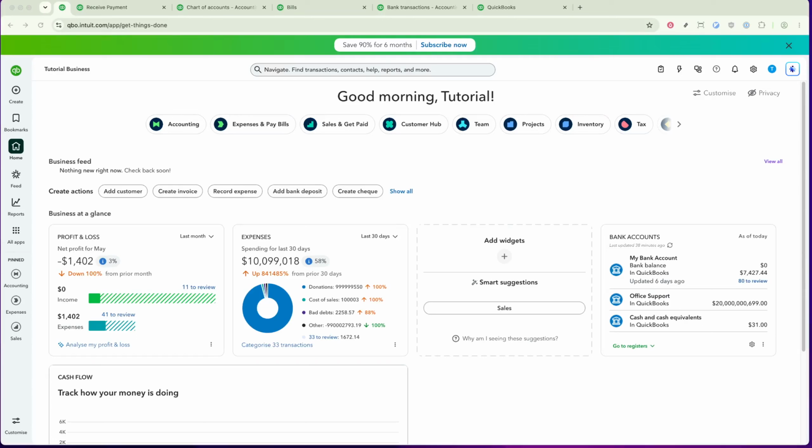In today's video, I'm going to teach you how to apply a payment to a customer invoice in QuickBooks Online. QuickBooks Online is an incredibly powerful tool for managing your business finances, and one of its key features is the ability to track and apply customer payments to invoices with ease. Whether you're handling a single payment or distributing one across multiple invoices, this process ensures your records stay accurate and